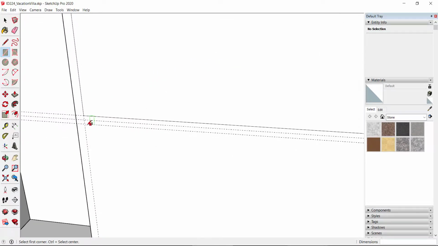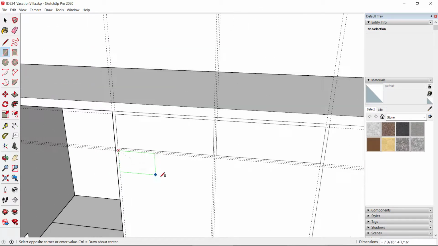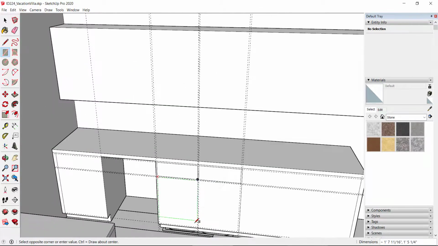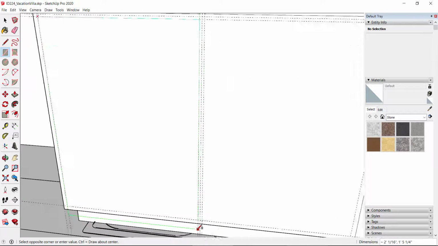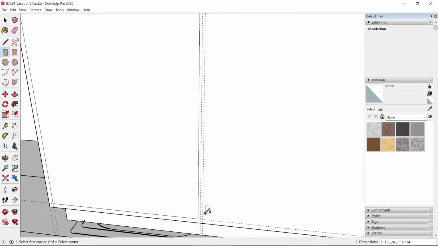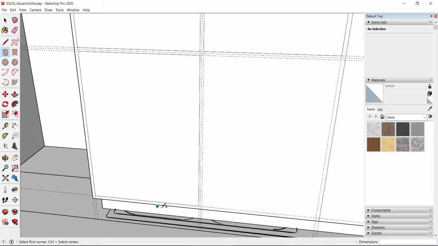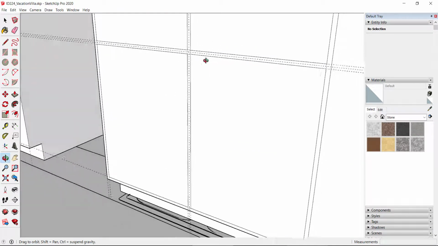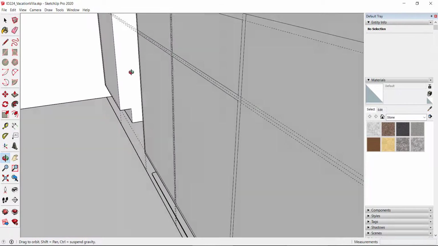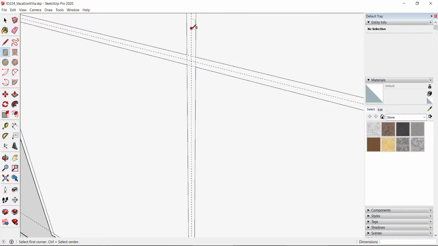I'm going to go to this one and then I'm going to bring it all the way down to the diagonal. And I'm leaving a space all around to help with fingers, to help with hinges. We see a little bit of that cabinet face. This is called a partial overlay. So again, we have dash lines in the middle, and that's just helping us space out the distance between the